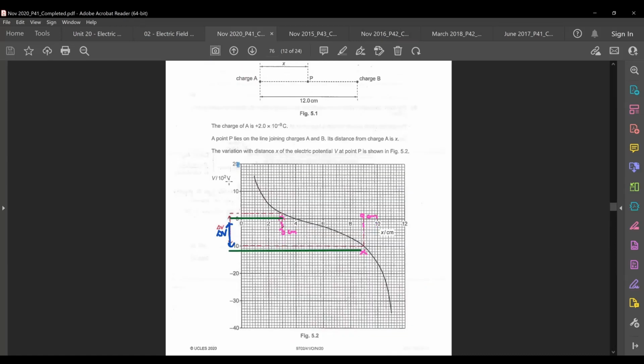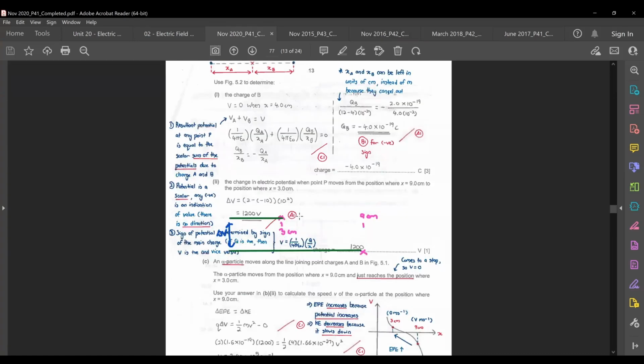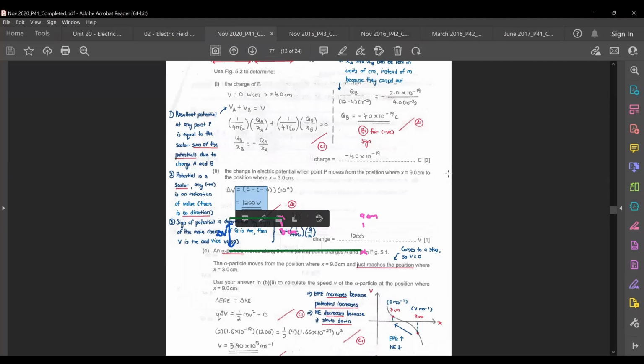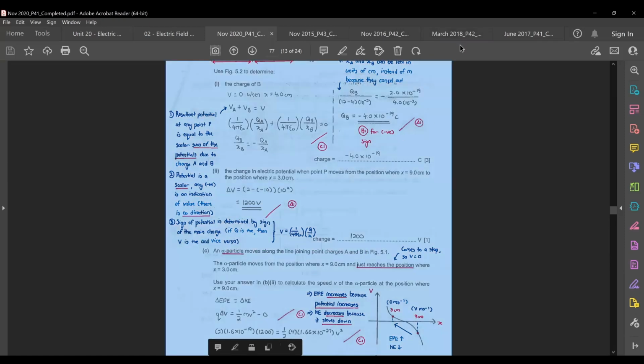And then don't forget your power of 10, 10 power 2 here. You will eventually get your change of potential as 1200 volts. Okay, so this is pretty straightforward. Now, the last part here in C